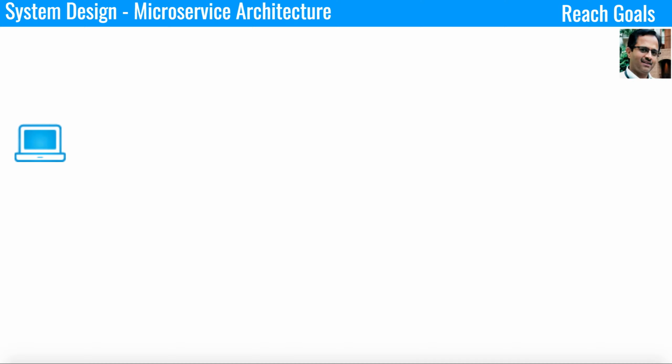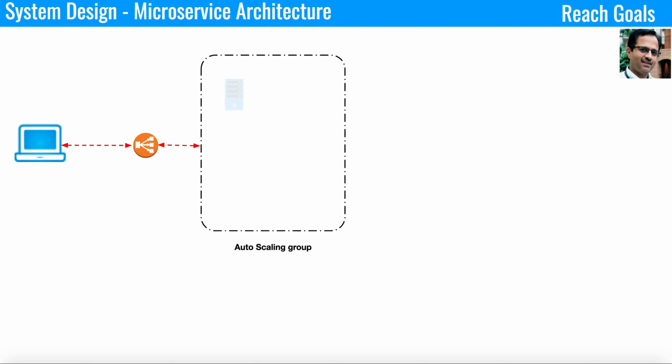Let's talk about the system design with microservice architecture. So you have a client. The client could be an iPhone, iPad, or a desktop, or it could be a third-party application like makemytrip.com, right? The client in turn connects to the load balancer, and the load balancer in turn connects to the auto scaling group, right? The auto scaling group in turn will have all your Docker containers or servers which are deployed, right? Now you can scale up or scale down the Docker containers based on the configurations in Kubernetes,